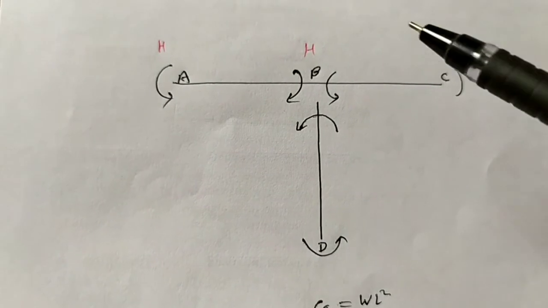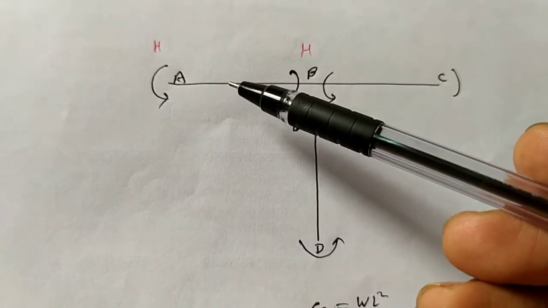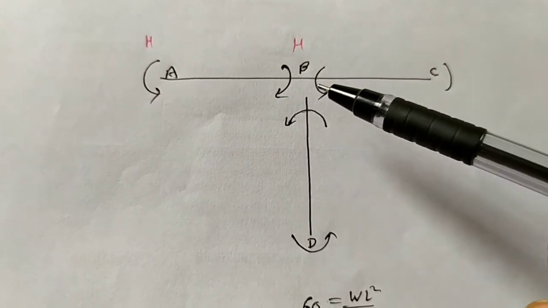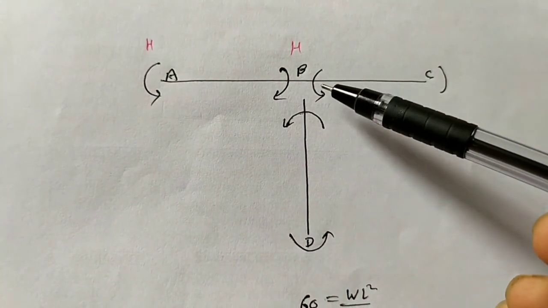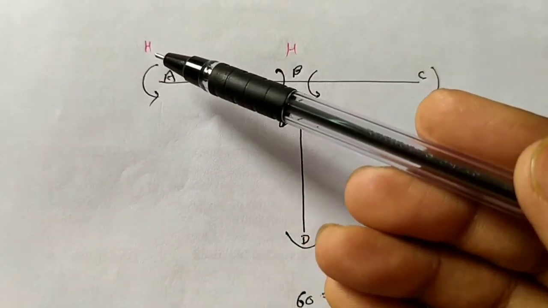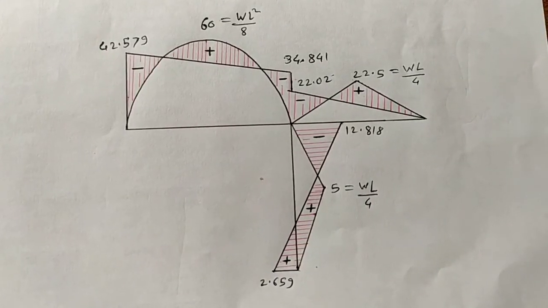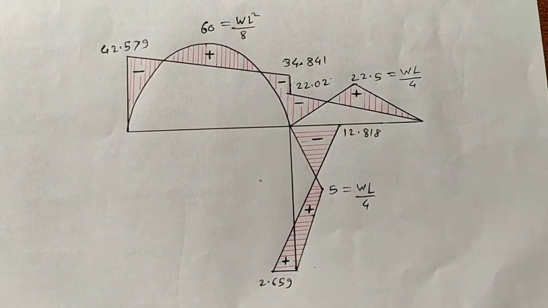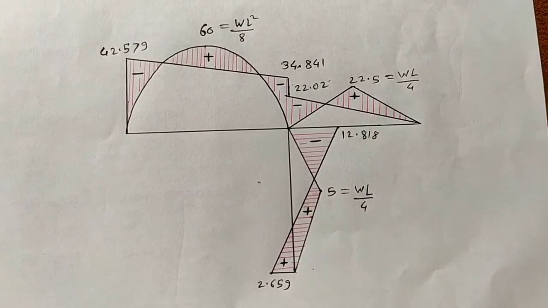So now, of course, for the beam, observe, we consider this as a baseline. These arrows are below the baseline, that's why we take it as negative, that is hogging bending moment. First of all, draw a free BMD and then overlap on it a support BMD. Likewise, you can draw a BMD.